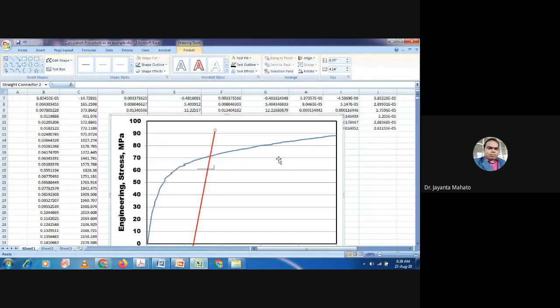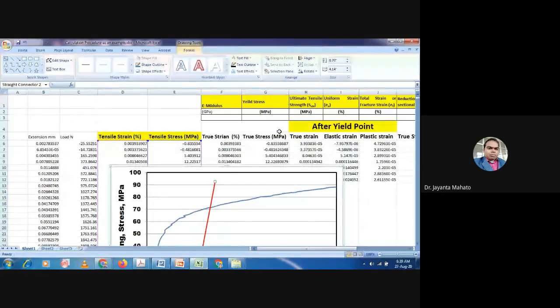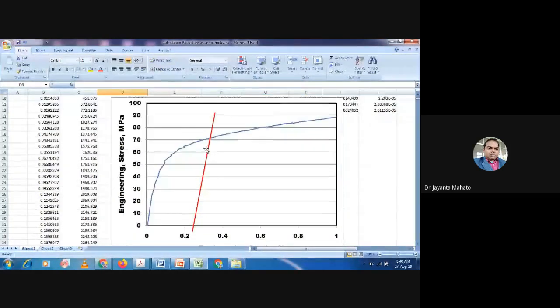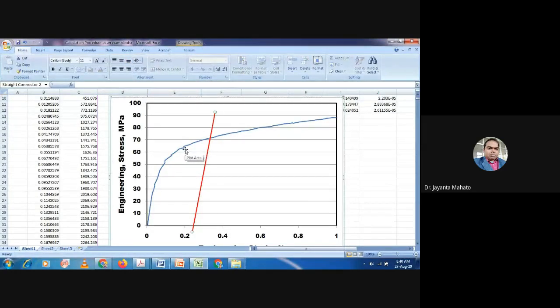So the yield stress of this material is 69 MPa. After 69 MPa, the material will deform plastically.